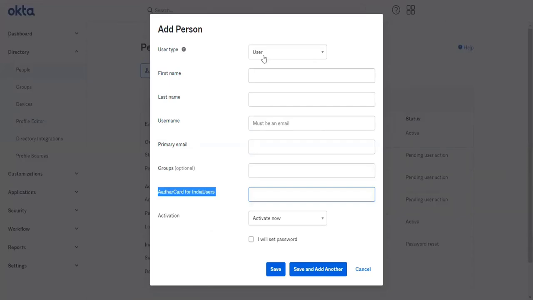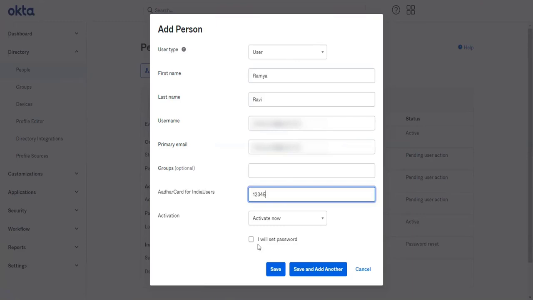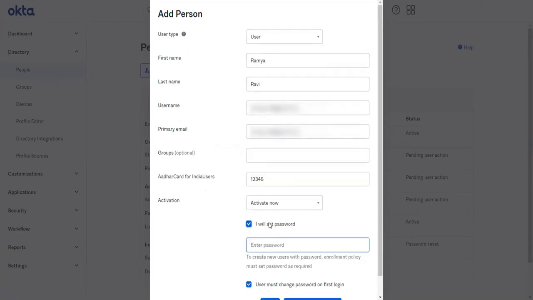Let me show you. Let's say I'm typing only 5 numbers.